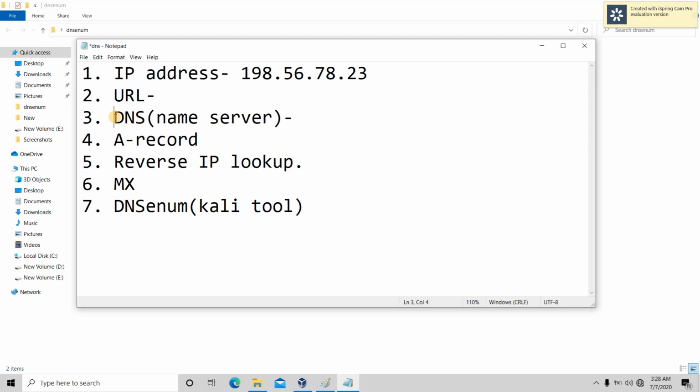In the same way this DNS server works. What it does is it contains a long list of web addresses associated to its IP addresses, URLs associated to its IP addresses. For example, google.com must have some different IP address, facebook.com might have a different IP address, and youtube.com a different IP address, and all the web pages will be having different IP addresses.